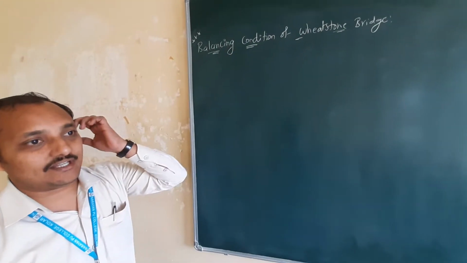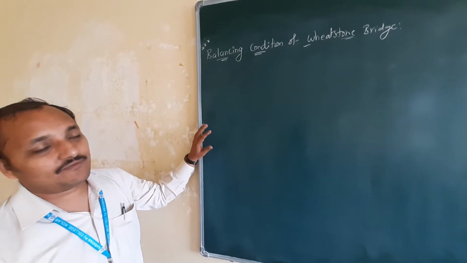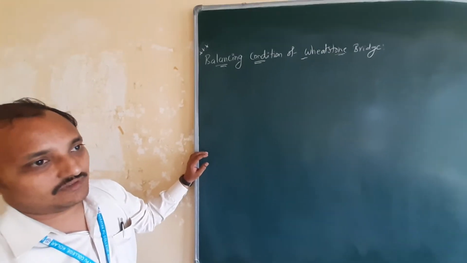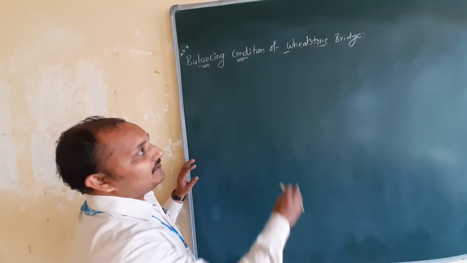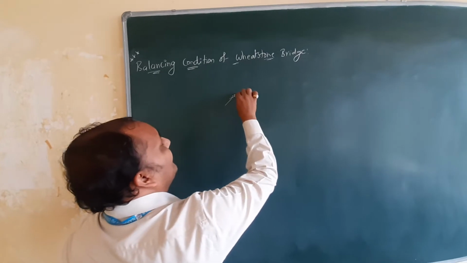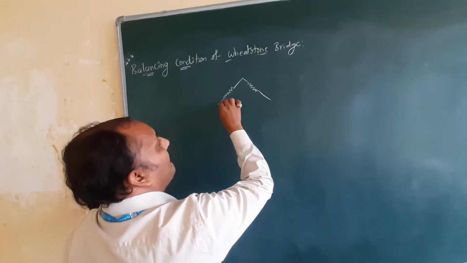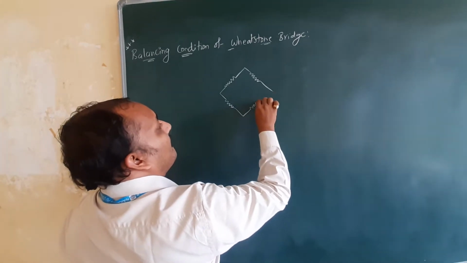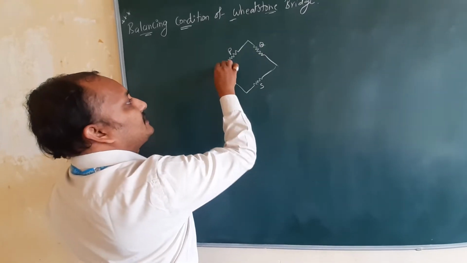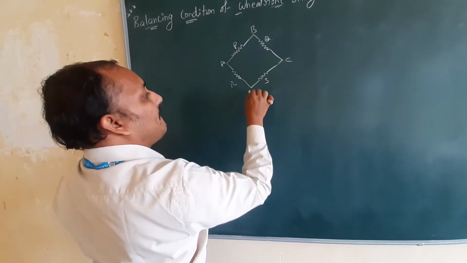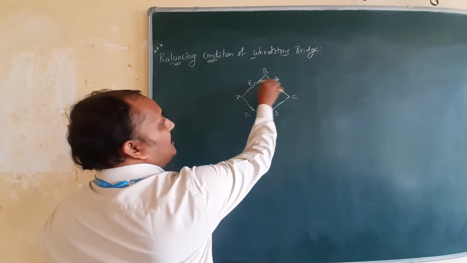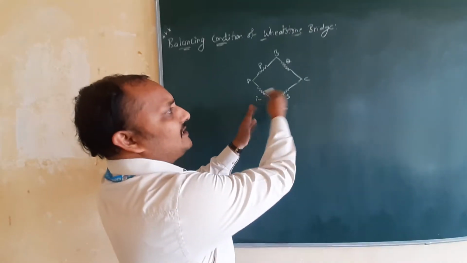So what is Wheatstone bridge there? It is having 4 to 5 resistors which is formed in a square or quadrilateral. That one we are going to draw. They will say 4 resistors, they will take like this. So P, Q, R, S in between. This is nothing but A, B, C, D, in a square shape or quadrilateral. They will say P, Q, R, S are resistors. Some people will take R1, R2, R3, R4.